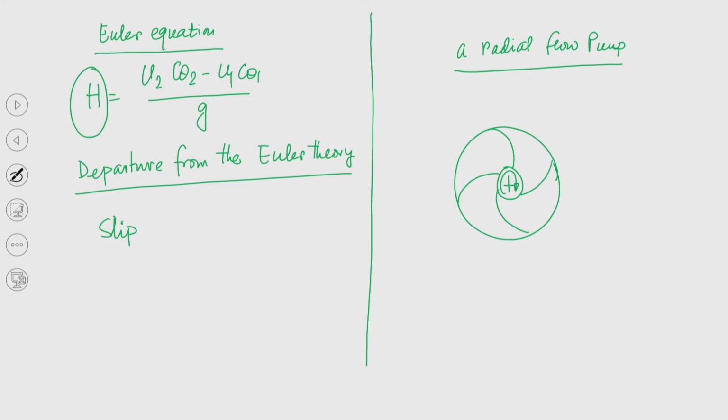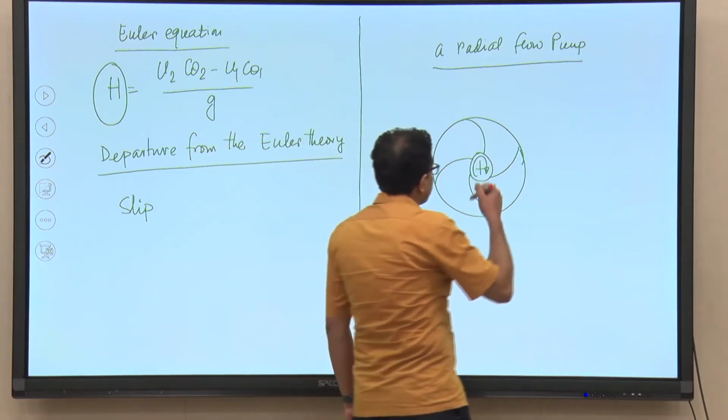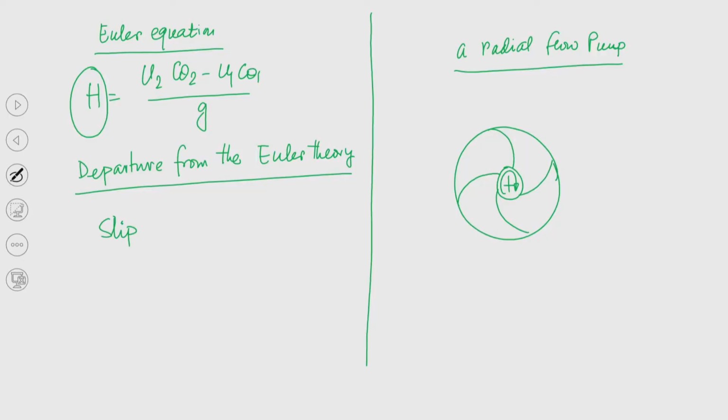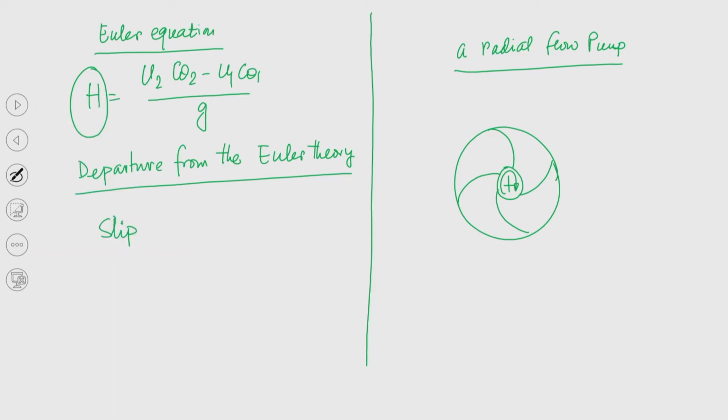So, this is the impeller of a radial flow pump which is rotating in the clockwise direction. Now, from the discussion which we had in the previous class, if we take out this particular blade, say if I use a different color to identify it,